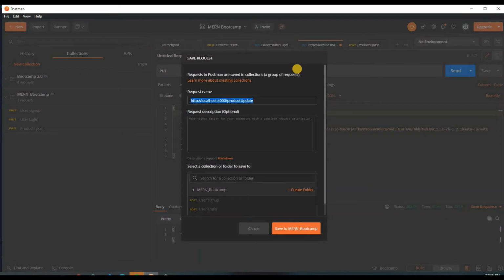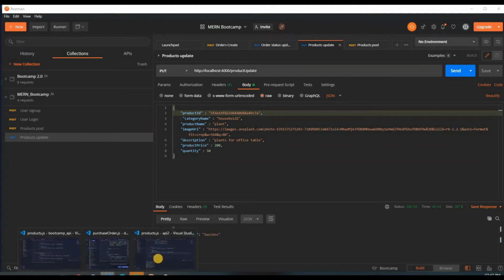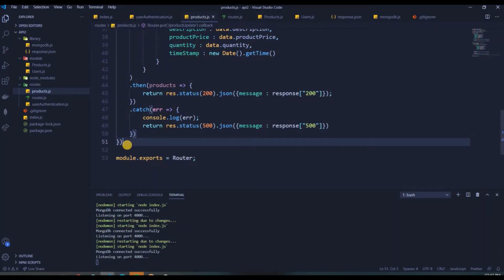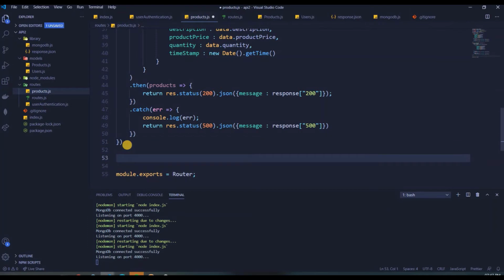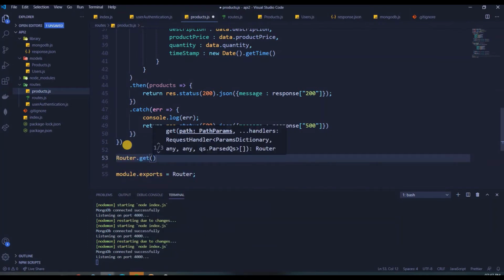So we'll write products update, then in MERN Bootcamp, save. So we have products update, we have product insert. We need one more thing, right? That one more thing is nothing but get. So get method is always easy. You want to get all the products which are there, right? So let's write that,